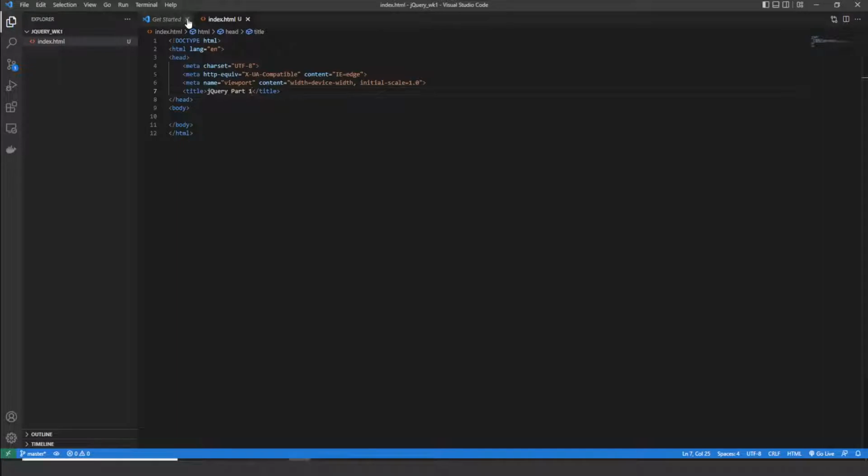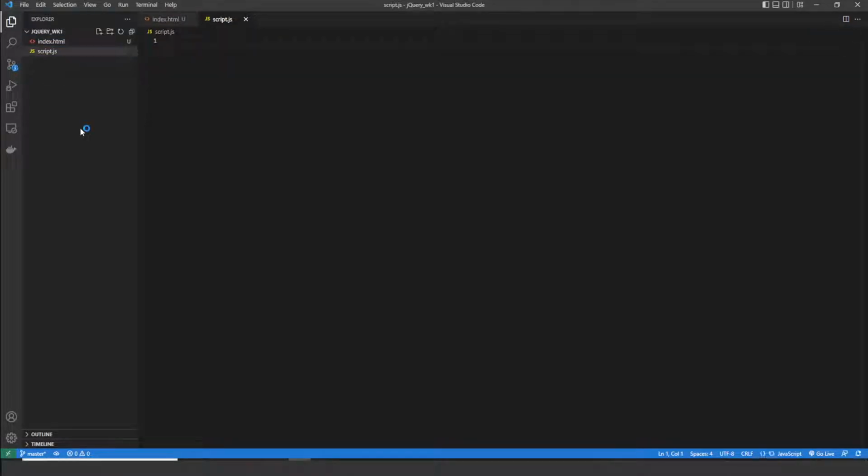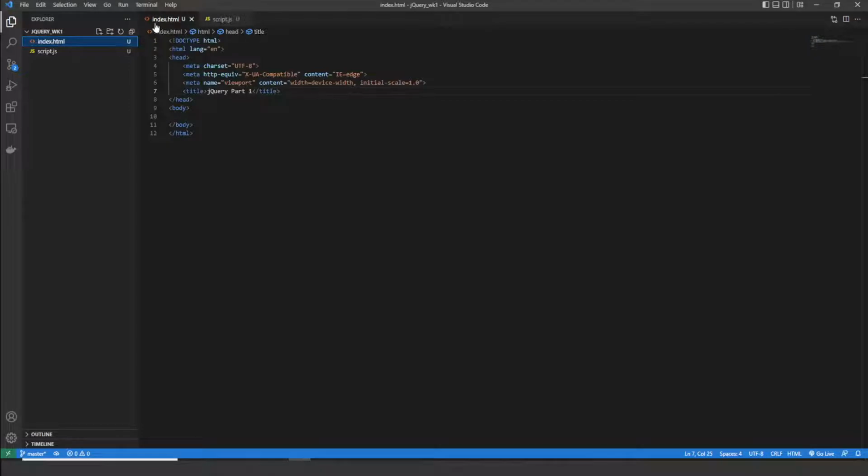Give that a save. And this week we are going to be working with a JavaScript file instead of a style sheet. So we're going to include a script.js file, and we'll get back to that in just a moment. So now we have some files here that we can work with,